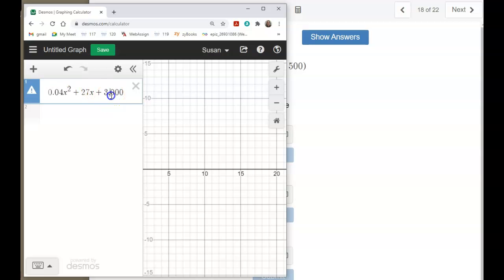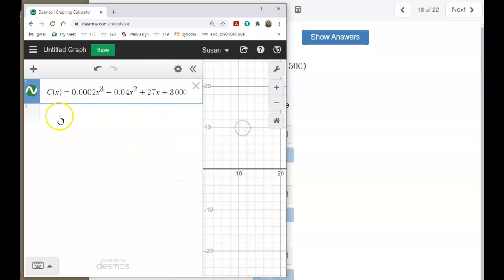Points are written like this. So the comma, they're expecting a point. So it gives you a strange warning, but now I've got my c of x in there. In order to do my derivative, I might want to stretch this out so I can see this a little better. My c prime of x, because I'm going to need to write this, c prime of x